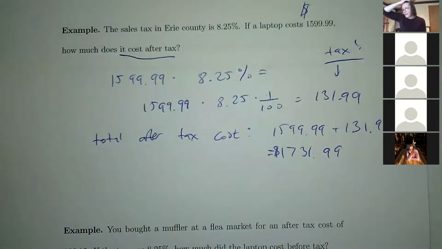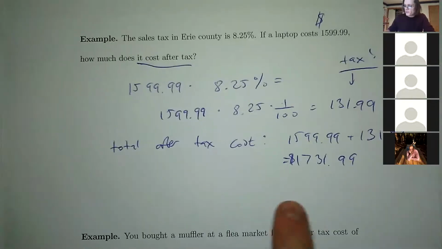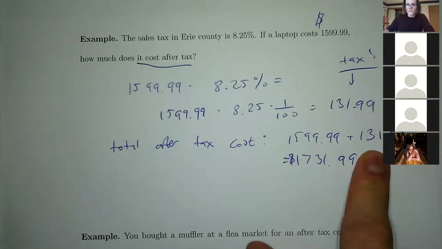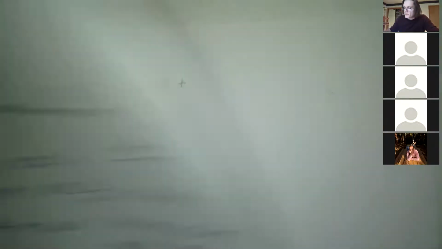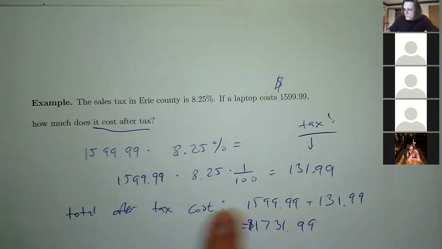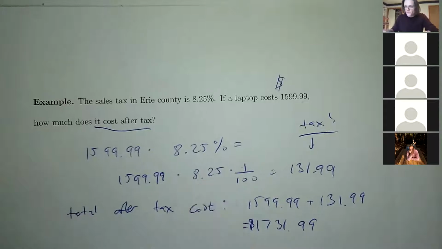Now, let me show you another way to do it, which is faster. So what do we do here, right? I added the 1599 and the 131, right? So let me write that. I have 1599.99, and then I added the tax, all right? The tax, we got this 131.99 number by multiplying 1599.99 by the tax rate. So I'm going to write that instead of the 131. So it's going to be plus